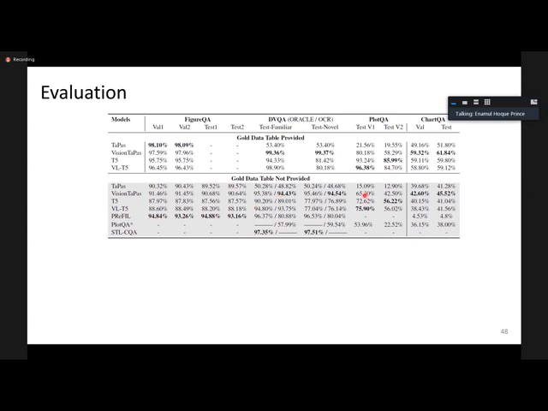This suggests that when we combine the visual features and the table features, we can really address those questions very well. Another thing we noticed is that the accuracy is still quite low on the ChartQA dataset, which means the dataset is quite challenging and there is still a lot of room to improve accuracy.